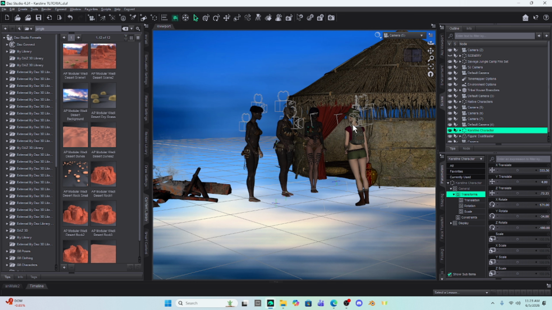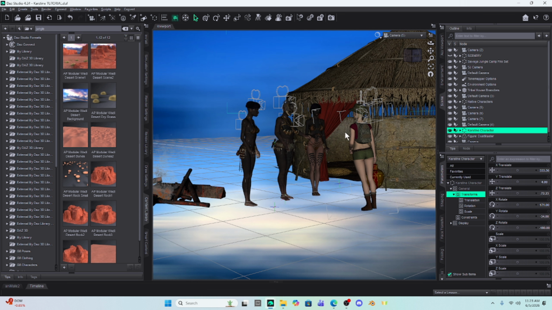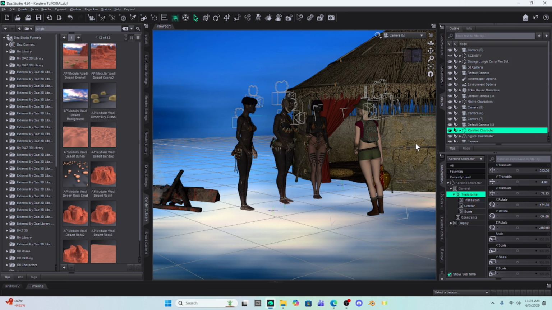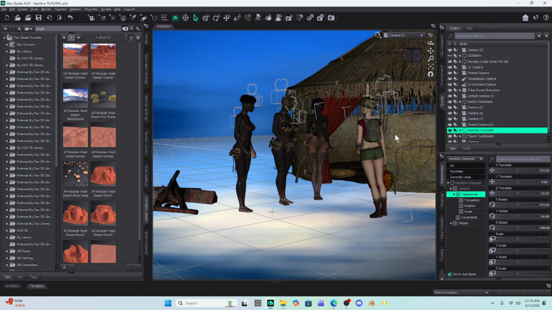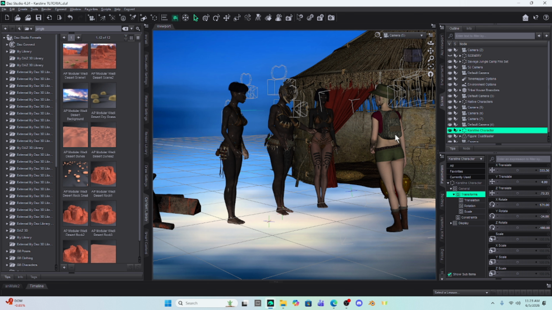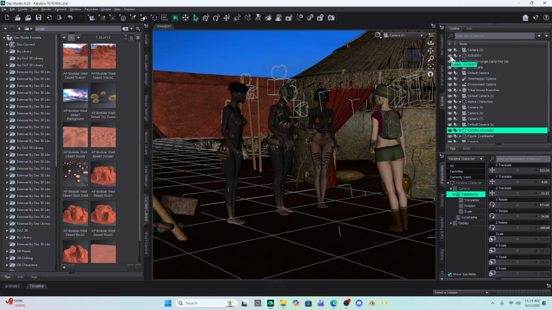I always try and leave some landmarks, like I left my fire and I left the tent, so that if I move characters around, I know where approximately things are. So when I go back and hit the scenery and make it visible again, I don't accidentally move the character